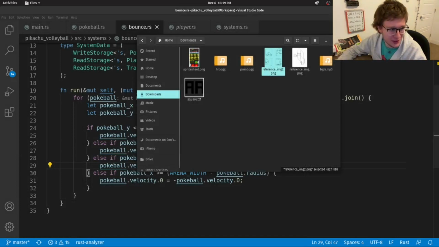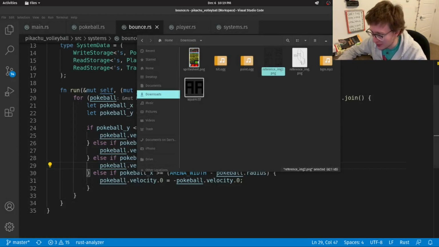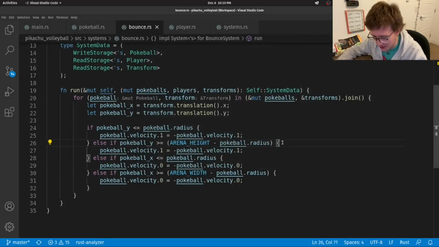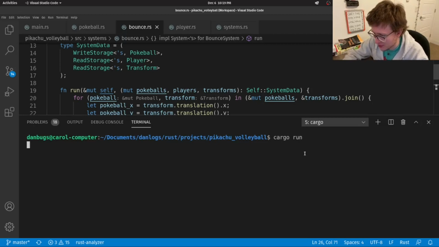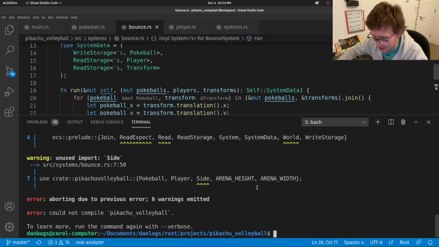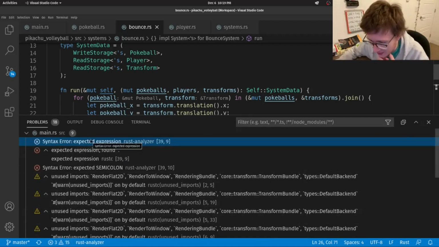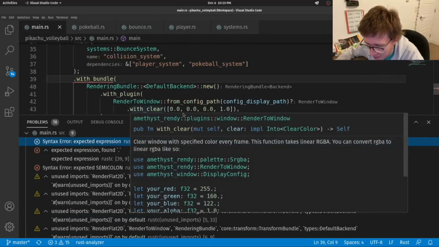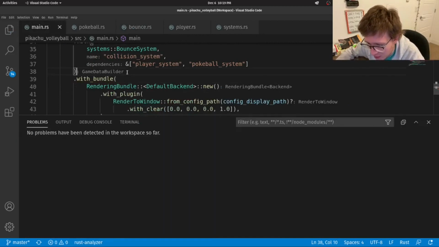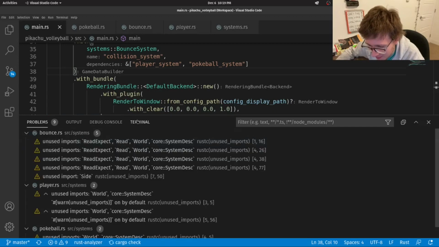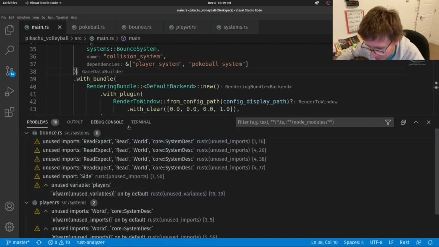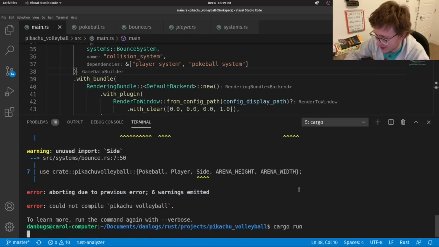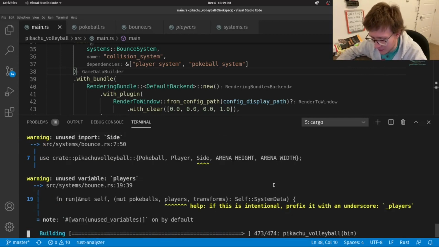Alright, repetition aside, I think we should be good to run this code. So let's close this and open our console and do a cargo run. Alright, seems like we got a couple of errors from problems. It's telling me that we have 3. So let's go check them out. Invalid expression. That's because we have a semicolon while we shouldn't have. And those were all our problems. Great. You love easy problems, you know. Now we can cargo run, and I don't think we should get any errors now, so I'll be right back.